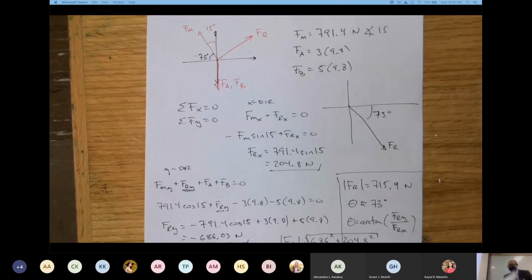Now, in the case of, yes, Mary. In these problems, is it always gonna be like that? Like they're basically opposite of each other? Close enough. It's gonna depend on how many forces you're gonna have. In this case, we only have two load forces, the weight of the arm and the dumbbell, and then you have your muscle. Because you have very few forces and the values are very similar, they're almost going to be 180 degrees, almost opposite to each other. If you had more forces, or the difference between the forces was bigger, then you're going to be moving away from those 180 degrees. Yeah?